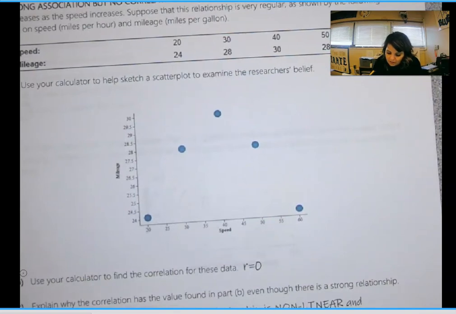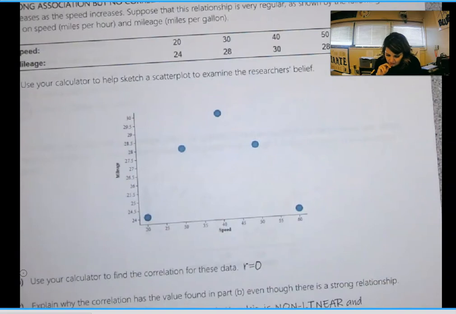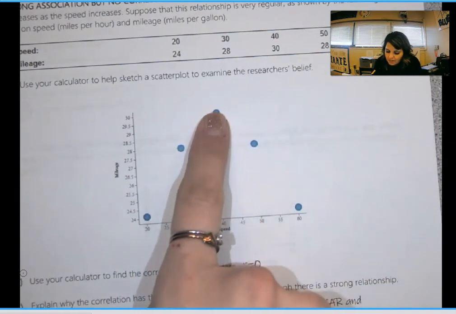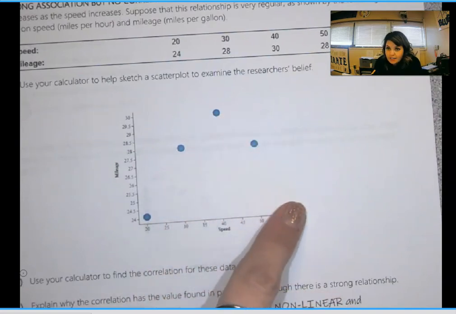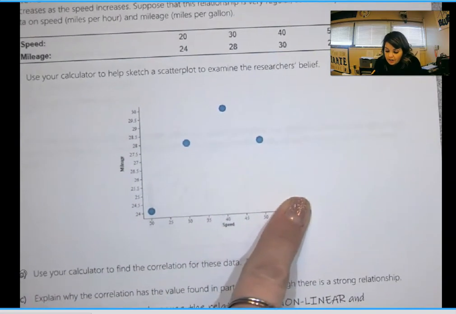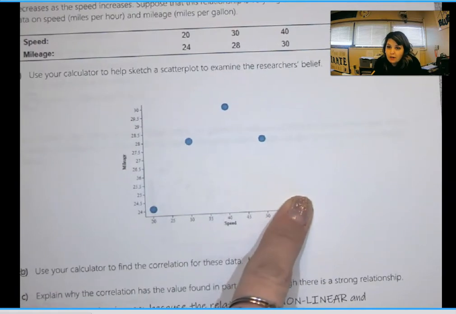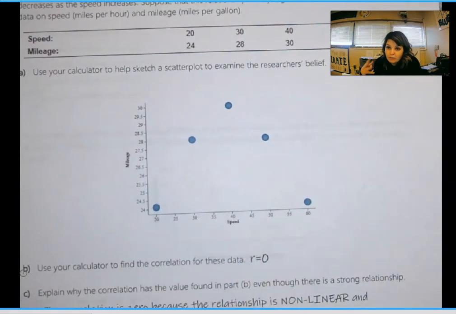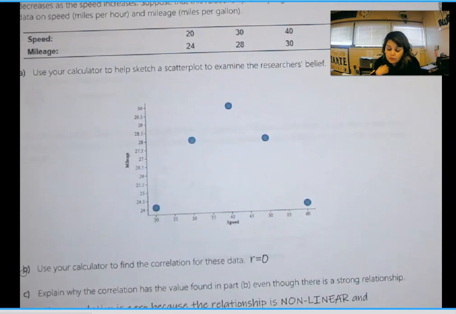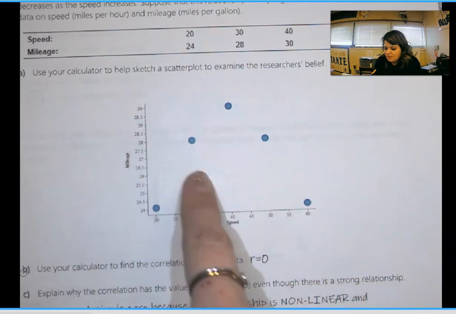So does mileage mean miles per gallon? Because if that's the case, yes it does. I don't understand why this is the way that it is. Because typically, as you drive faster, your car gets better gas mileage because you're on the freeway. Have any of your parents ever talked to you about how you get more freeway miles than road miles? So I think this needed to be this way.